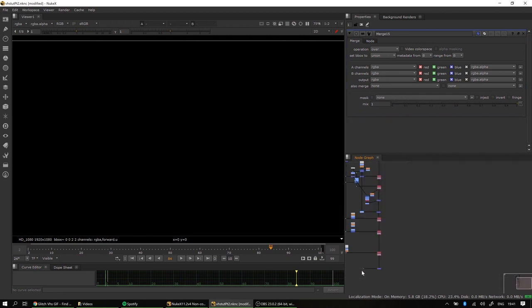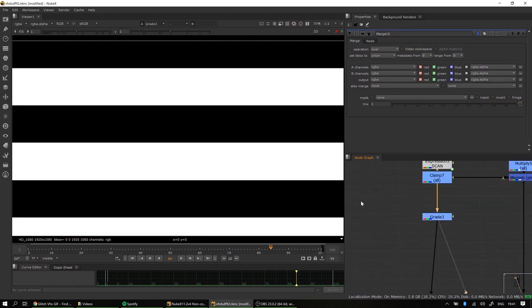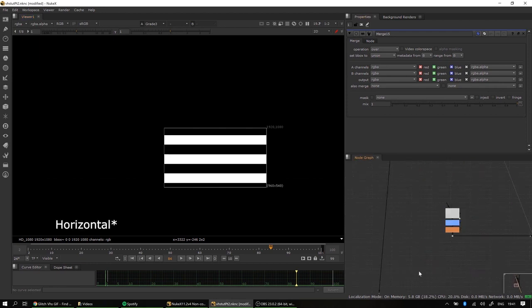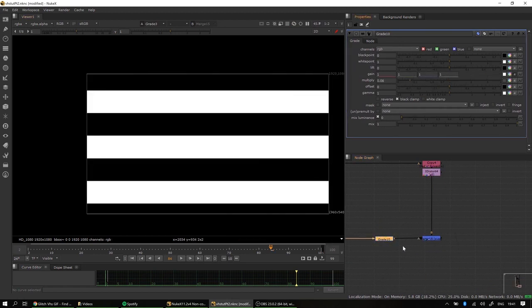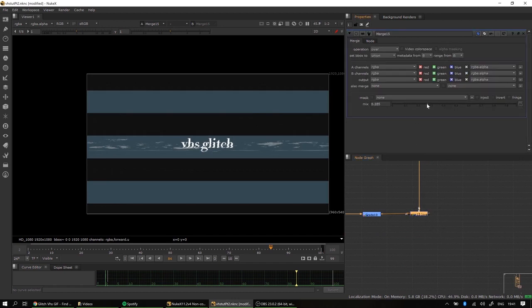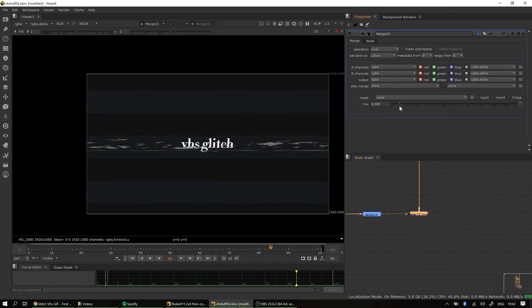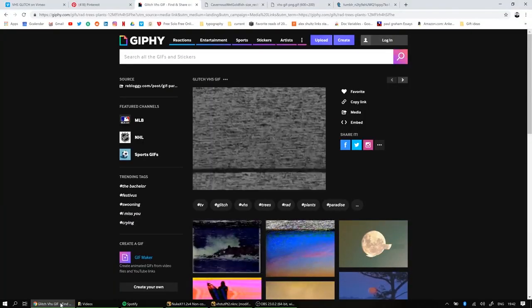Let's take from here, these are just our vertical scan lines, and let's merge that over. I'm going to gain it towards blue a little bit, more cyan, like that, and then just gain down, so it's pretty subtle. Going back to the reference,